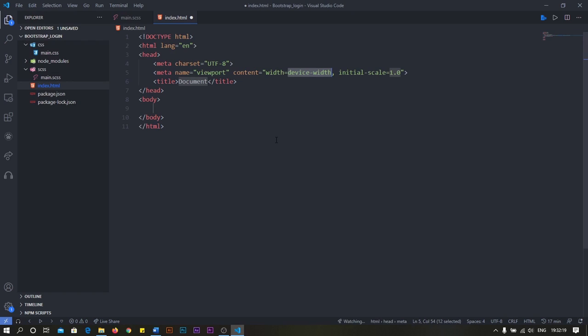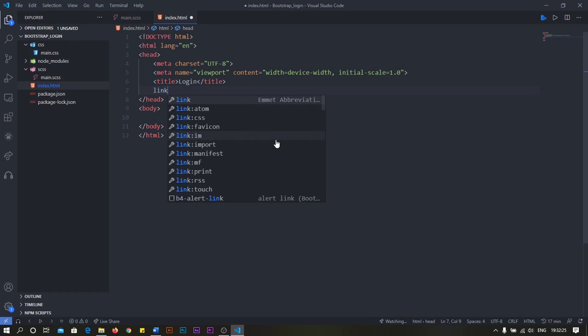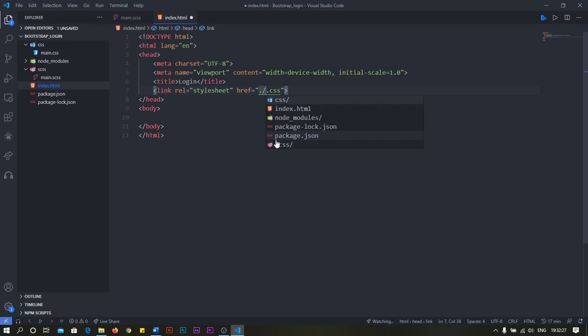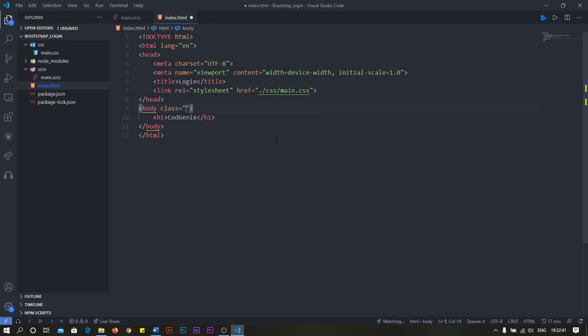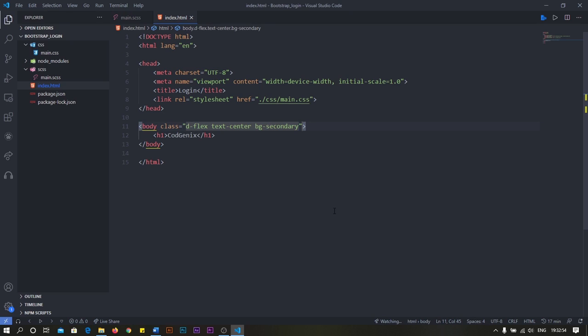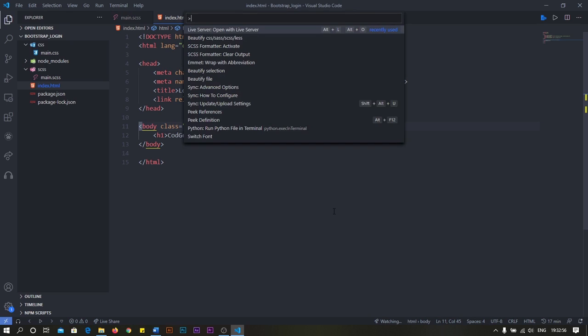And just call this login, and then let's just add a link tag here. It's going to css and main.css, and then I'm going down here, and in the body I'll need to add a few Bootstrap classes. So they are d-flex, which will just display as flex, and text-center, and then I want to have a secondary color as my background. So I'm going to add the bg-secondary, and these are all Bootstrap 4 classes as well. So nothing new, but let's save this, and then I'm going to open this with Live Server,